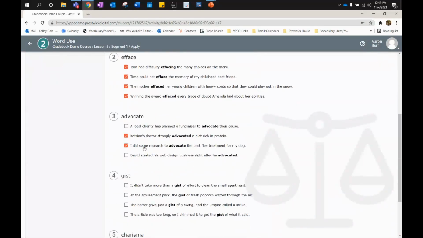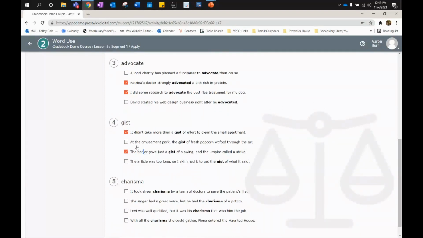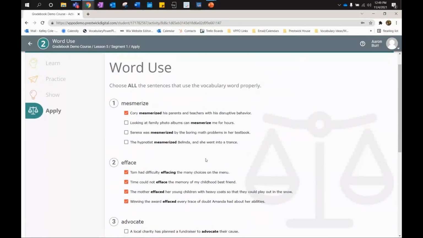So they really need to stop, slow down, and think about it. This one is tricky. I go through and I've done it, and it's tricky for me, who is an English major and an English teacher, but it's not tricky as in, haha, got you. It's tricky as in you really need to slow down and think. You really have to make sure you understand the vocabulary words and how they can be used in sentences. And yes, it's the most challenging part, but I honestly think this is an amazing way to get the students to really understand how to use these words in their writing,